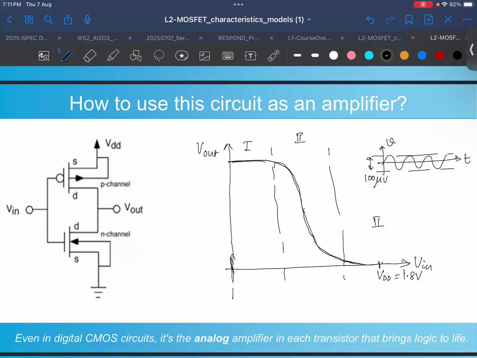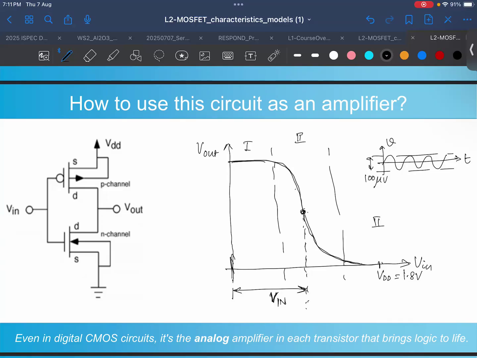When I apply a certain DC voltage. So to arrive at this region, I have to apply this DC voltage, which is V in, right? Now if I come to this region, which is what I know as biasing, that I bias this transistor in this region, when I apply sufficient V in and come to this region,